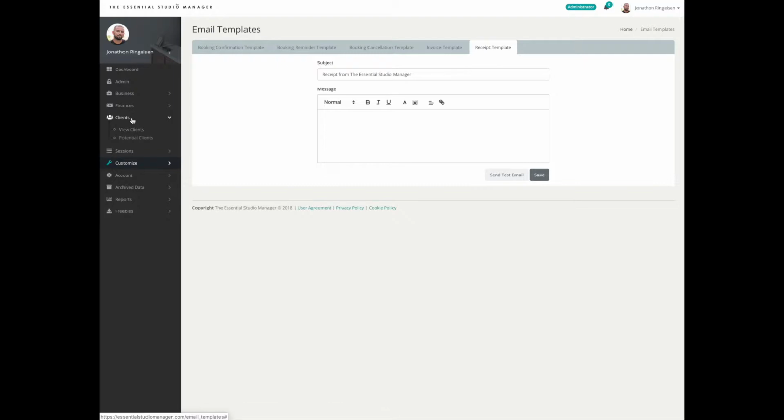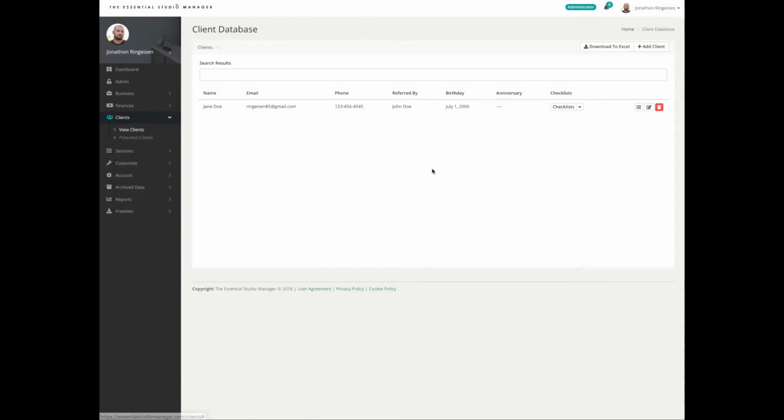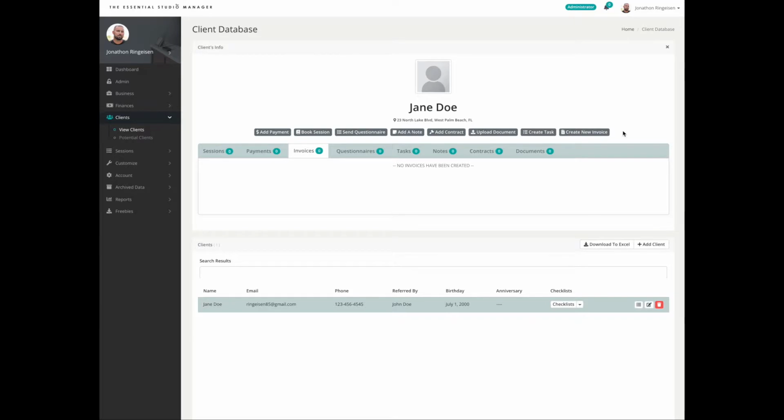To do that, you're going to click Clients, View Clients, and this is the client database. You're going to click on the client that you want to send an invoice to. Once you click the client, the information will pop up here. You can click Create New Invoice,